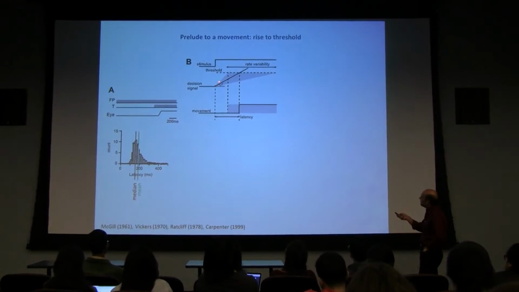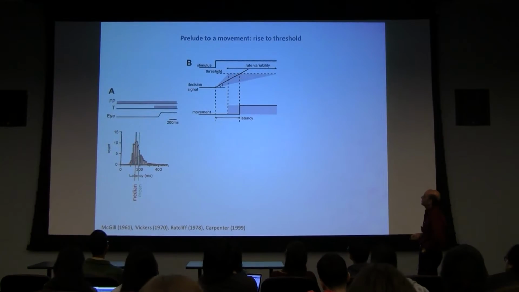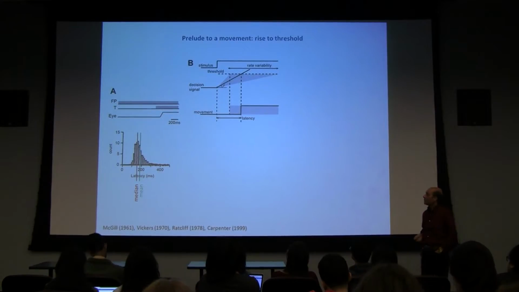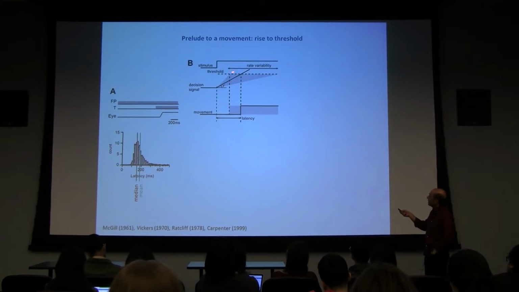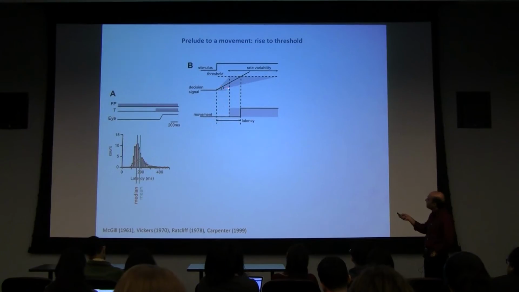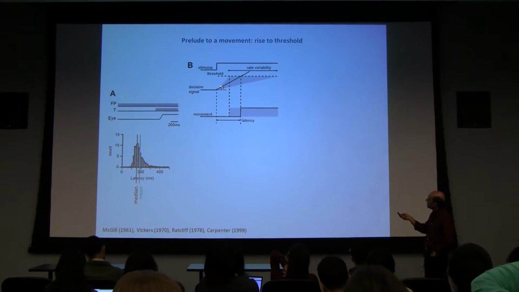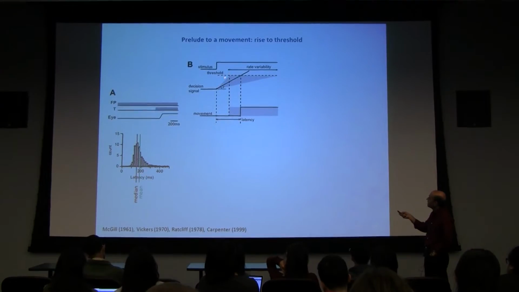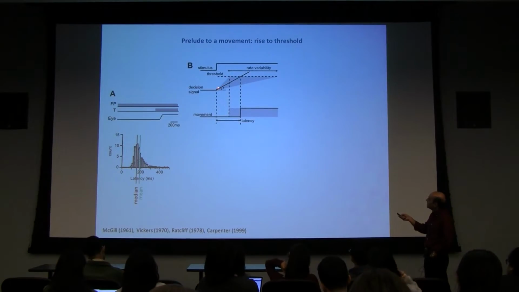I'm plotting for you this line that's rising and it's going to get to some threshold. I'm going to show you the neural basis of this idea today. If there is such a variable that rises at some rate, and that rate has some variance to it, so in some trials it's shallow, in some trials it's steep, well, what you're going to get then is that in some trials you're going to move early, in some trials you're going to move late, and that distribution is going